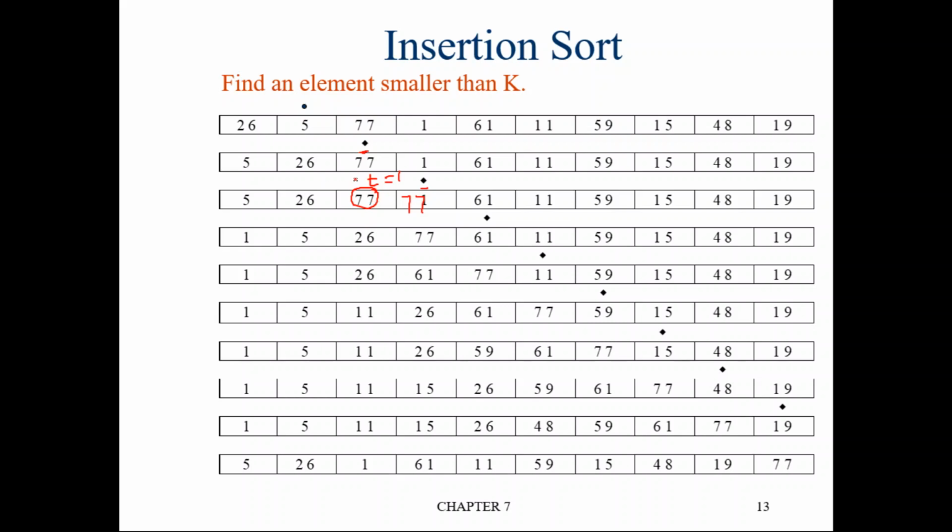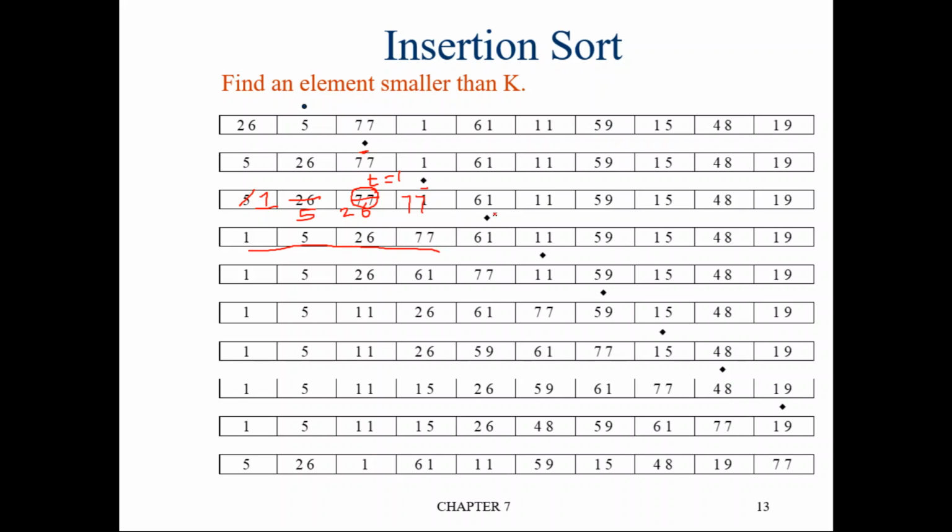Okay. In the next iteration, this 1 will be compared with 26, then this will be replaced with 26. In the next iteration of the inner loop, 5 will be compared with t. It's greater than, so this will be replaced with 5. In the next iteration, there is no previous element, so this location will be replaced with 1. So that is the result we got: 1, 5, 6, 20, 26, 77.